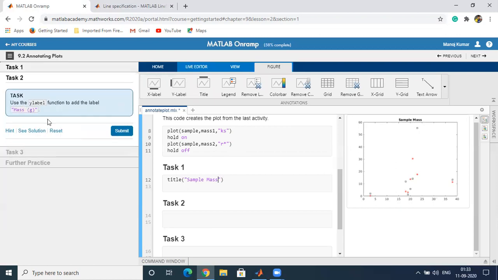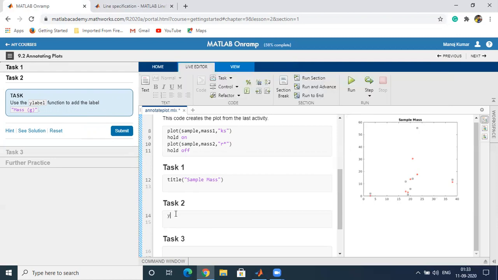We can also label the x-axis and y-axis. Use the ylabel function to add the label mass in gram. So for ylabel, within the bracket we have to type the mass in gram, mass within the bracket g.